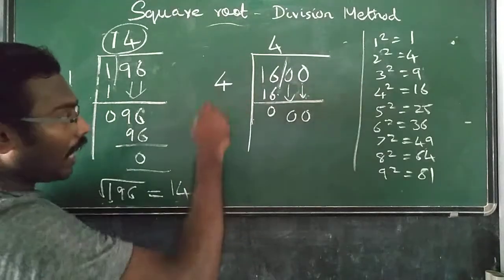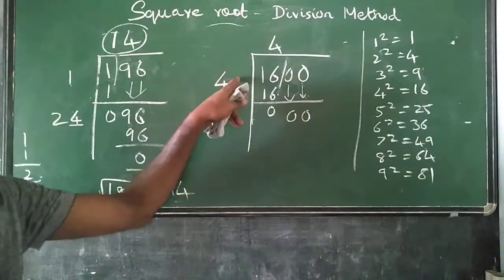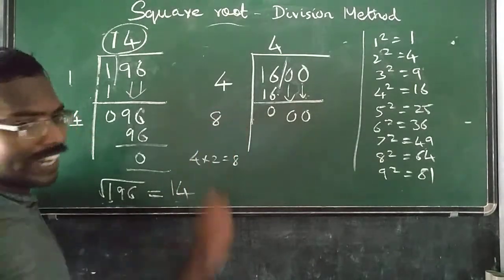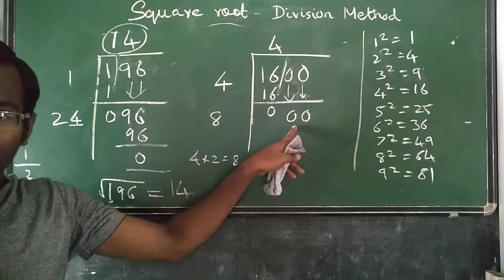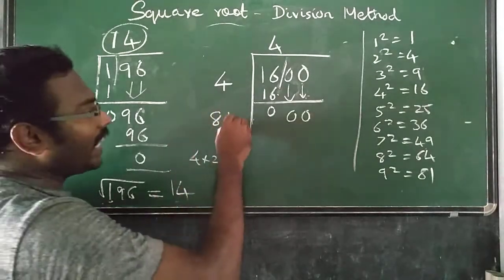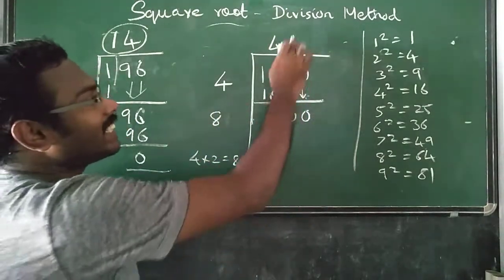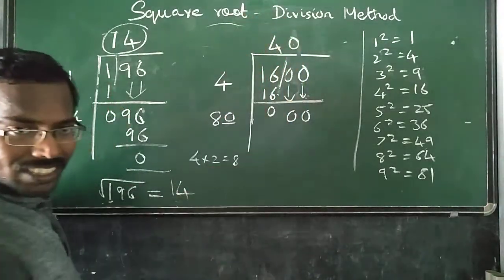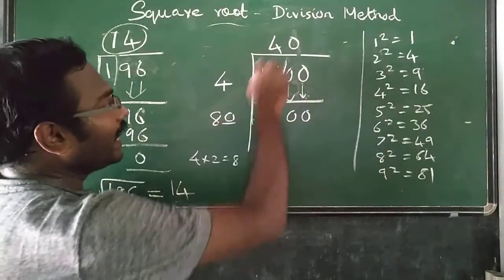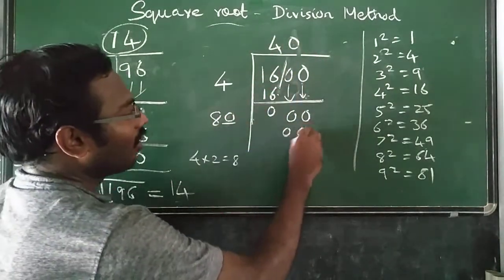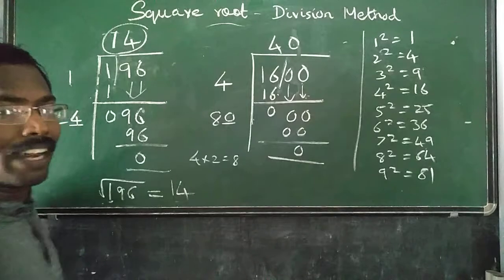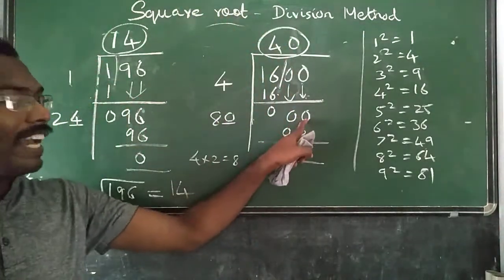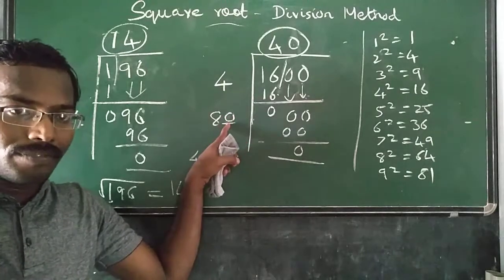Now the value is 0 here. So 4, again here you have to multiply this by 2. So 4 into 2 is 8. Write here 8. Here the answer is 0. How? If you put 1 here, here also 1, 81. But the answer is 0. Therefore, here also 0, here also 0. So 80 into 0 is 0. So the remainder is 0. Therefore, the answer is 20. If 0 here, here also you have to put 0. Clear?